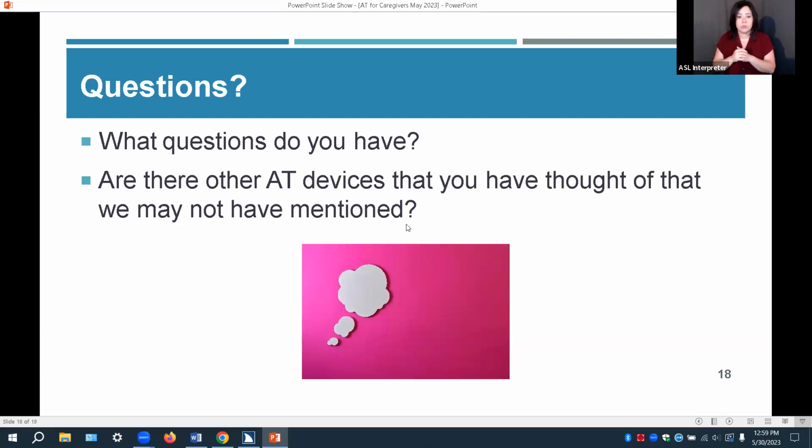Erin, one of our newer assistive technology specialists, uses a lot of assistive technology. She's a power chair user, and she just thought of some things. One of the things I was going to talk about on the emergency preparedness slide that I forgot to mention is that she has, throughout her home, quick and easy to use aerosol fire extinguishers. So if you are not able to get access to those giant, heavy ones,